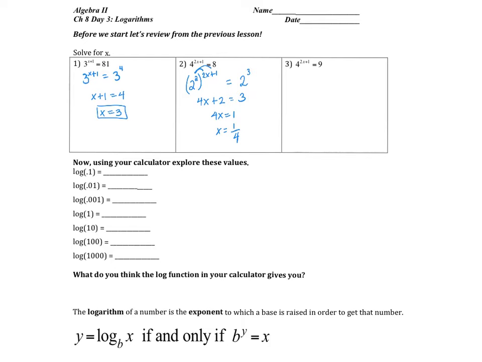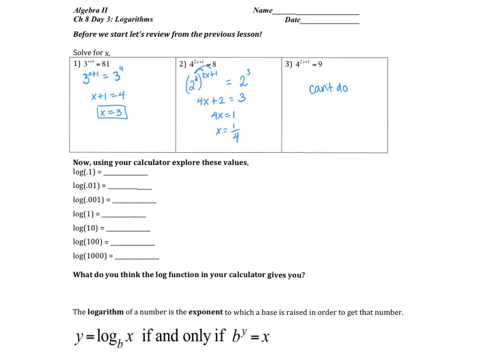Okay, in this next example here, we want to try to do the same thing. So if I want to think about 4, how could I rewrite 4 so that it has the same base as also rewriting 9? And in this case, it's not possible, so we can't do this just yet. And you'll learn later on in this unit how to work with something like this when you can't rewrite and equate the bases. Okay, so what I want you to do in your calculator, you're going to find the log